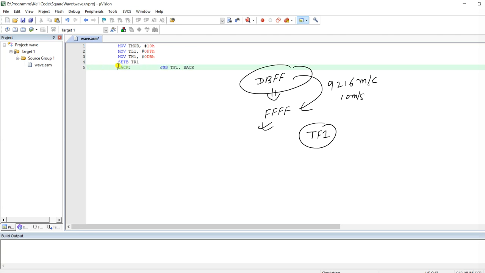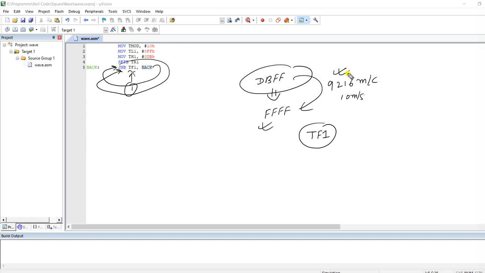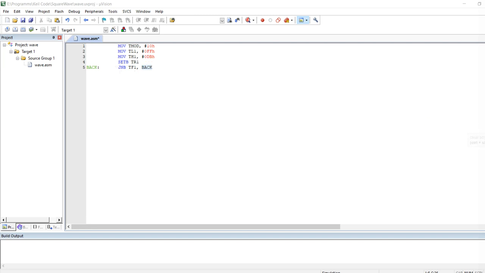This label is telling that if the timer flag is not 1, it will loop inside itself till this TF1 goes to 1. It will come back again and again, 9216 times. Then this TF1 will become 1, and then it will go down. So we will write the next code for when it becomes 1.